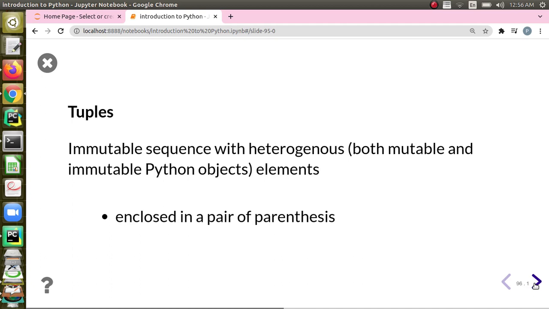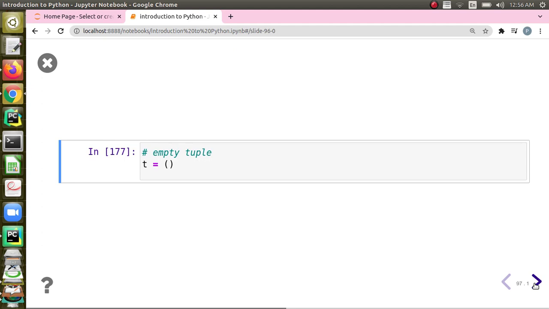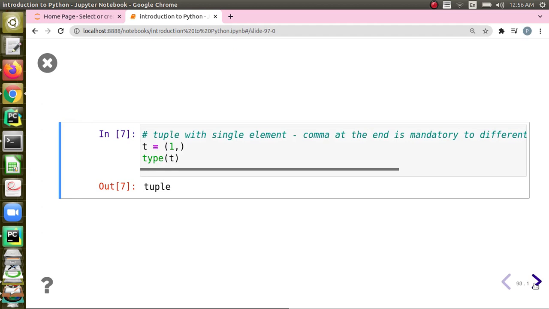Next is tuples. As we saw, it's an immutable sequence. Other than that, it is very much similar to a list. How do we represent an empty tuple? By parentheses. But there is one exception that we have to remember regarding tuples: because parentheses are also part of an expression, if you do not have a comma inside the parentheses, then Python will think it is an expression and evaluate it. So if there is only one element in the tuple, then you have to put a comma. That's the difference. So 1 comma is going to indicate this is a tuple.